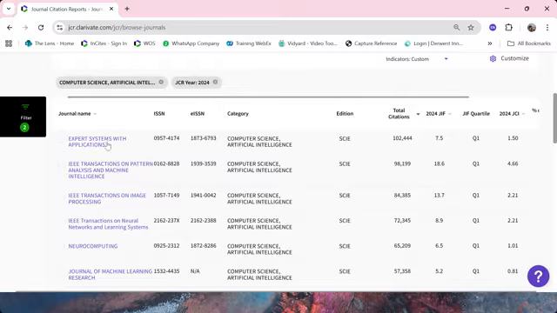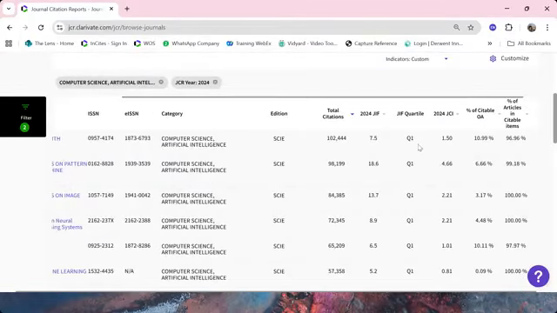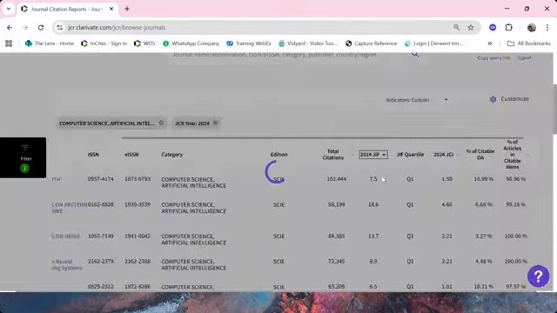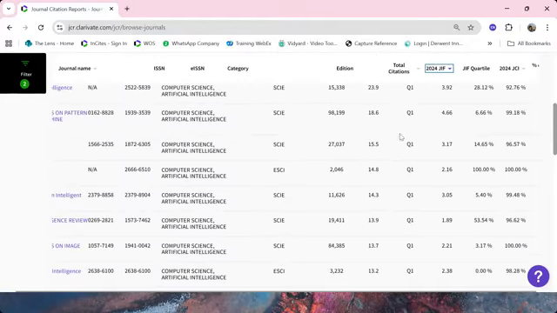Okay. Now, let's say for this one, these are all quartile 1 journals, right? So let's say the journal impact factor of this one. Okay, you can see here if I sort this by JIF, these are all Q1 journals.